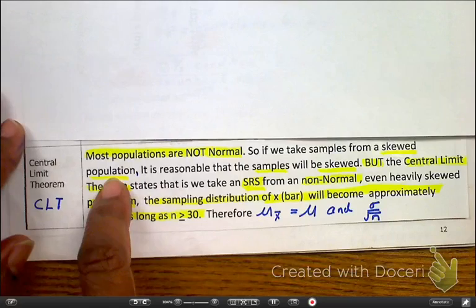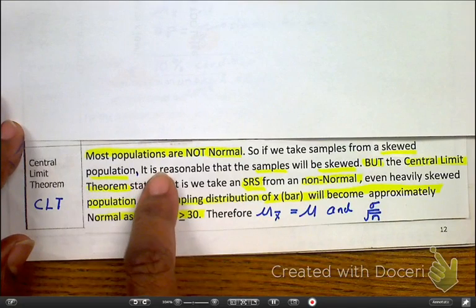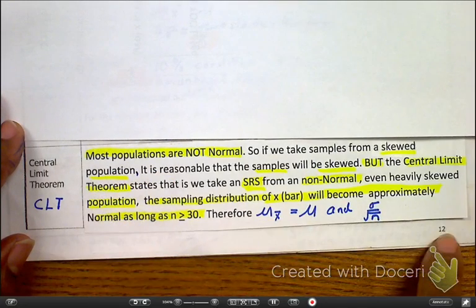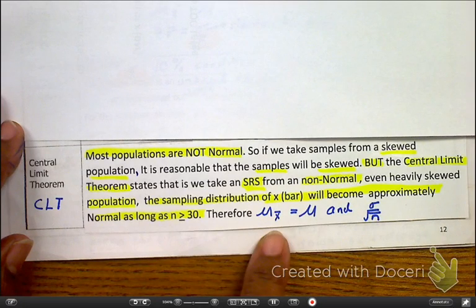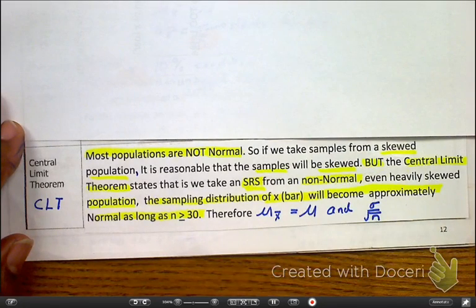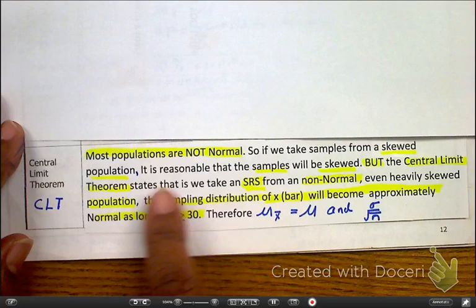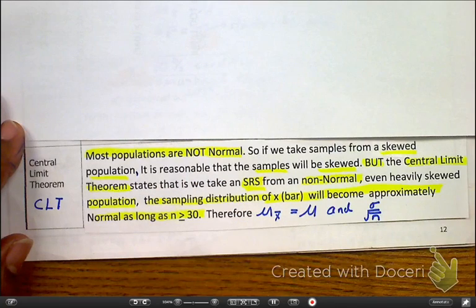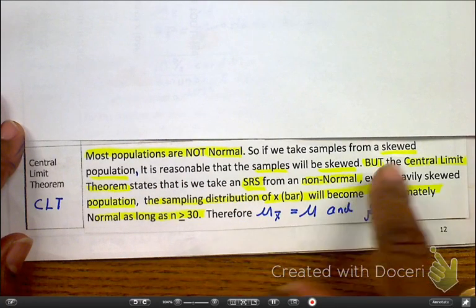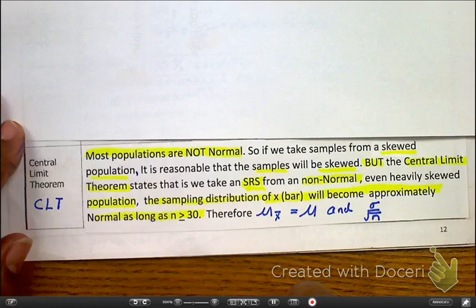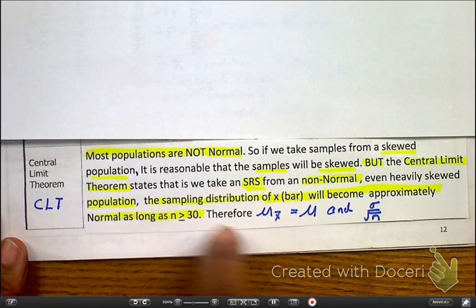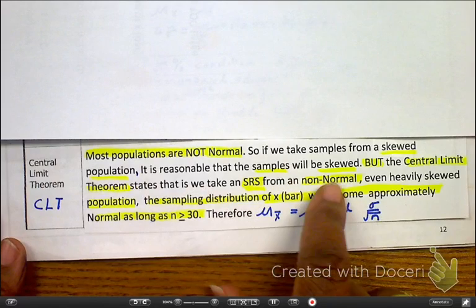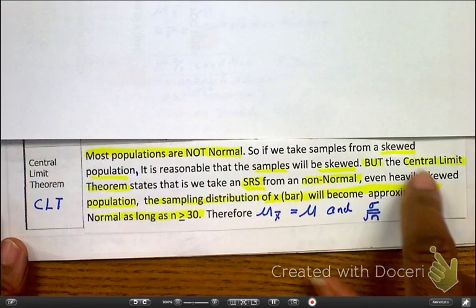Okay, so here, as you see, this is at the bottom of page 12, but I changed it. I just didn't like it. So sorry, you're going to have to put another sheet there. But as you can see here, most populations are not approximately normal. So what is the whole point? Most of them are skewed. And as we stated before, it's reasonable that if we have a skewed population, then we're going to get a skewed sample. But the miraculous